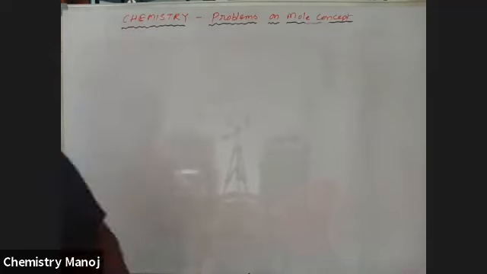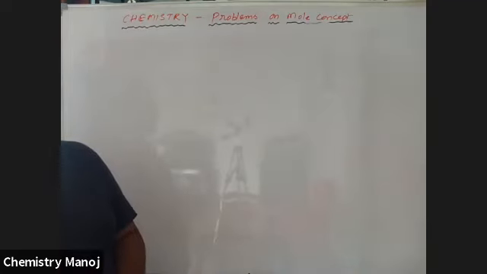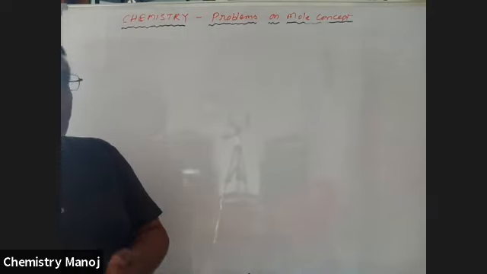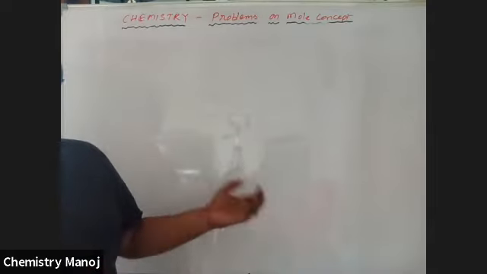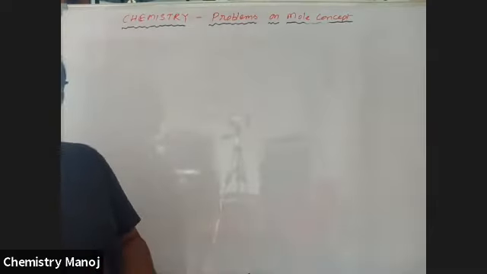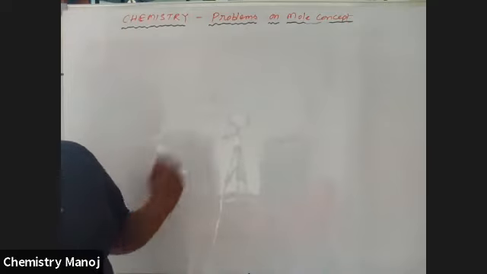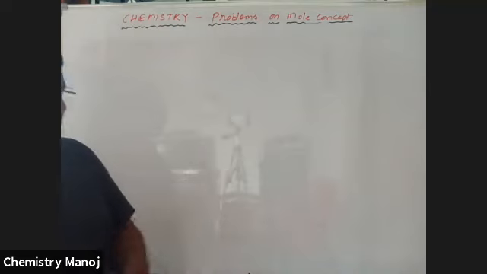So what are the problems on this concept? If you know the weight, you calculate the number of atoms. If you have the number of atoms, we can calculate the weight. Weight is converted into volume. So everything here is convertible with the help of that 1 mole topic. Now I'm going to give one more formula about this topic.